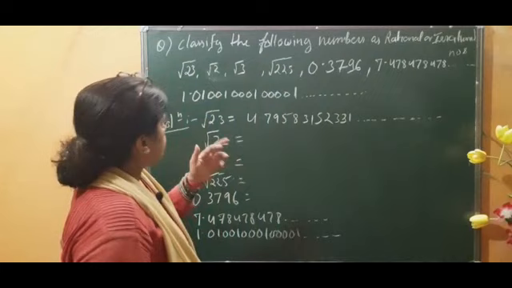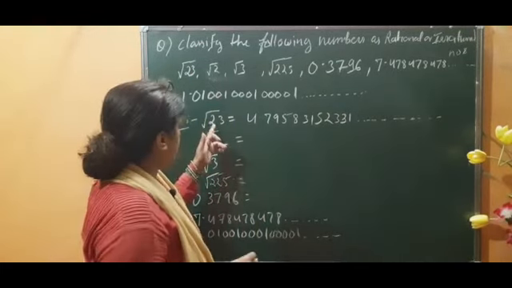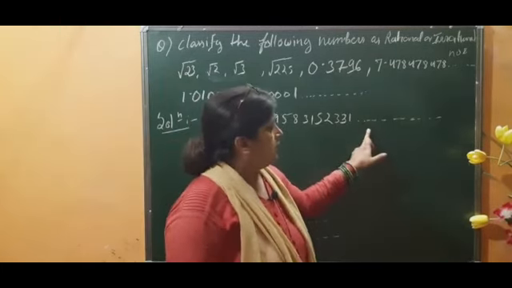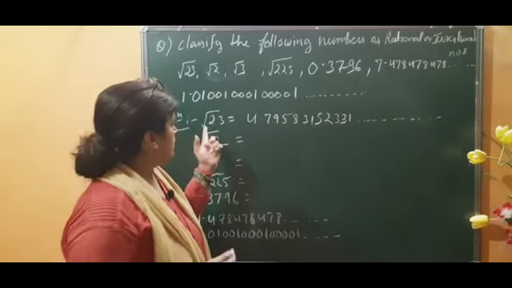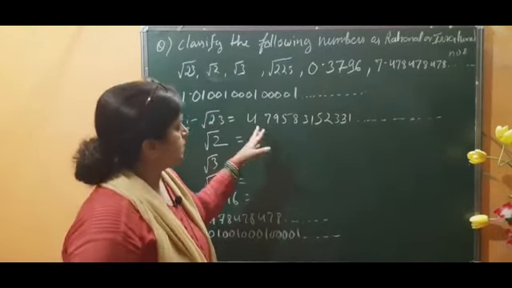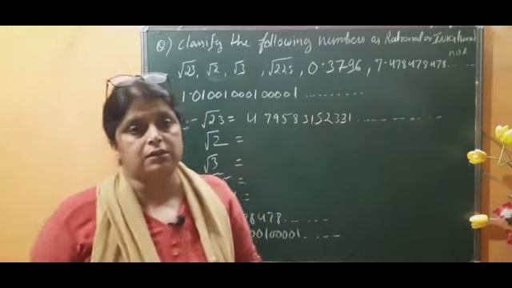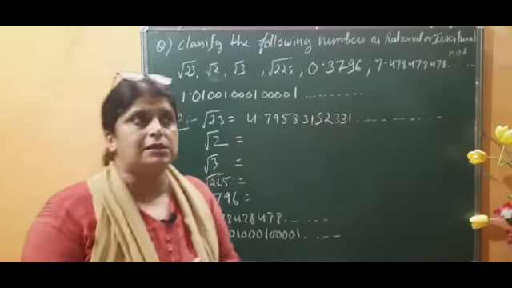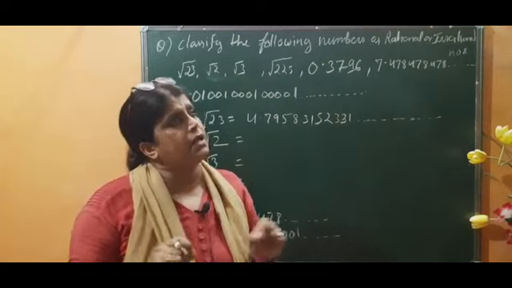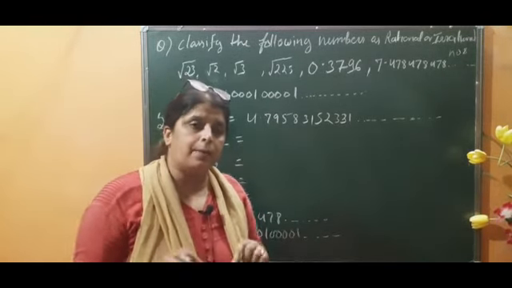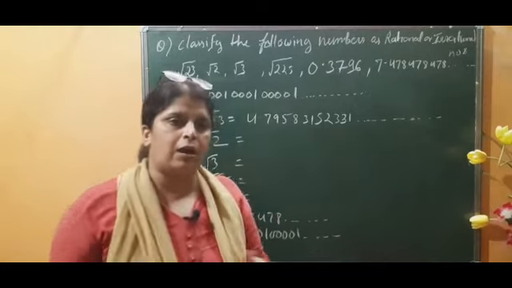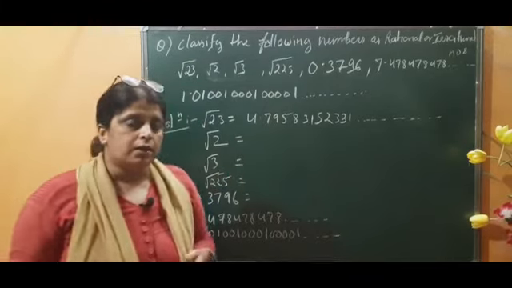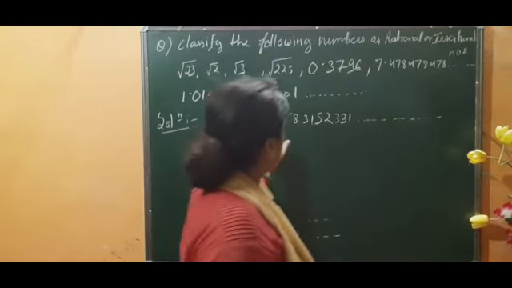Now children, see, if you want to change the root numbers, you may change them into decimal numbers. I have noted it here. If you want to see the method of how we can change the root of a prime number into decimal by the division method, you may go through my video. I think the heading of that video is insert rational and irrational numbers between root 2 and root 3, something like that. In that video I have taught how we get the answer of any root by the division method. So I noted the value by that method and copied it here.